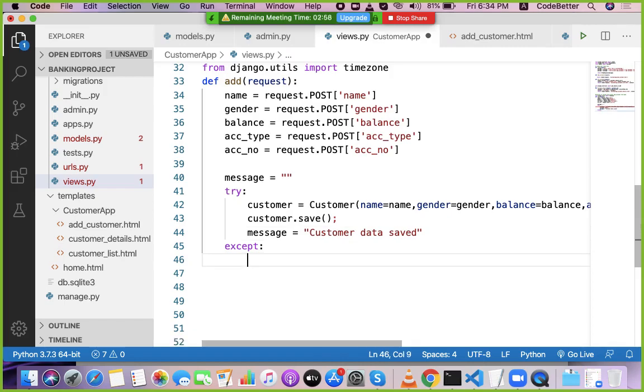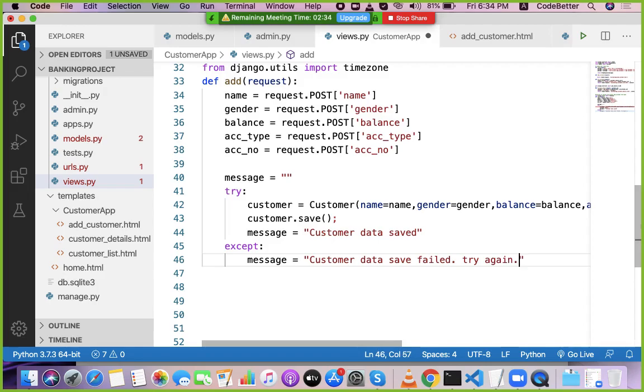And if there is an error, I can write here message equal to "customer data save failed. Try again."